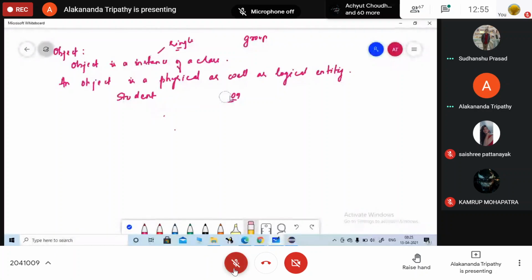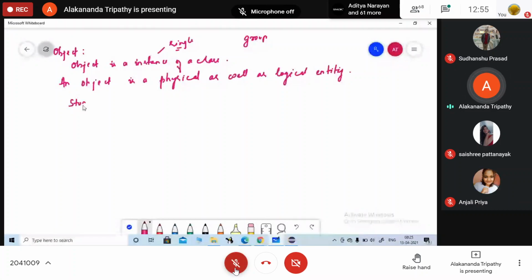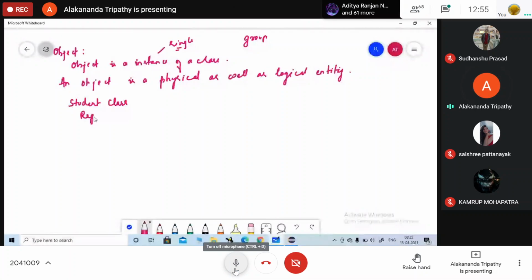So तुम लोग का you have some properties. As if student is a class, then तुम लोग का properties क्या है बताओ? You are the instance of the class, then what are the properties? How you are being identified?